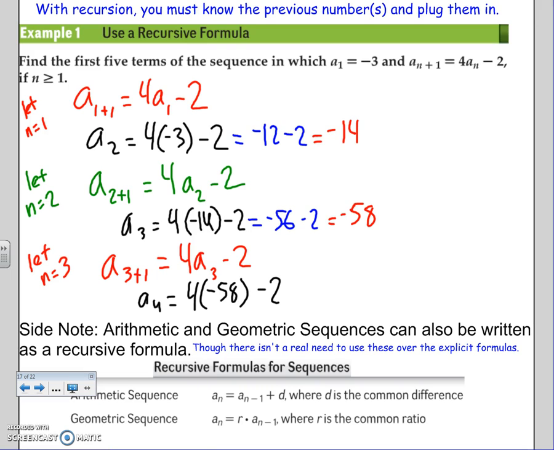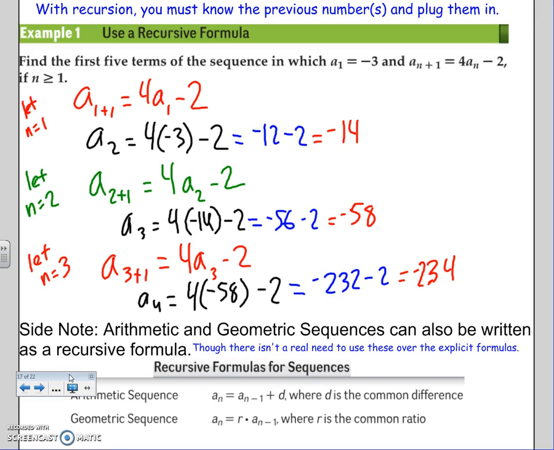Alright, for this, let's use a calculator. One second, calculator. 4 times negative 58 gives us negative 232. Minus 2, that's negative 234. And we just repeat that process. I plug in n equals 4 to find the next term. But we'll stop there. Alright, so side note, arithmetic and geometric sequences can also be written as a recursive formula,